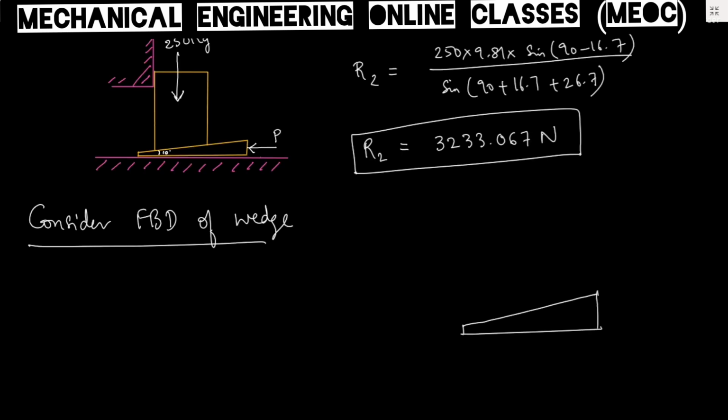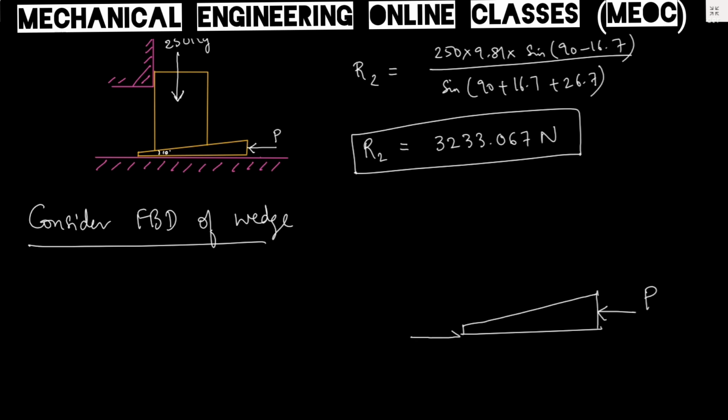So let us draw the FBD of the wedge now. Draw the wedge without changing any of its dimensions, shapes or orientation. I have drawn the wedge as it appears in the question. It is subjected to an external force P, and because P is given leftward, the wedge is supposed to move leftward. So the motion is leftward, and the friction will be rightward.